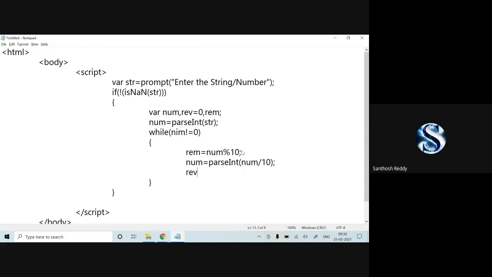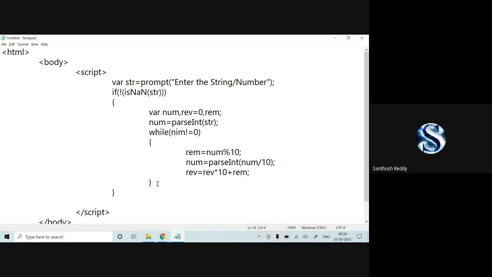So reverse is equal to reverse into 10 plus remainder. Whenever it is continuously adding, it starts remaining in the reversing order.